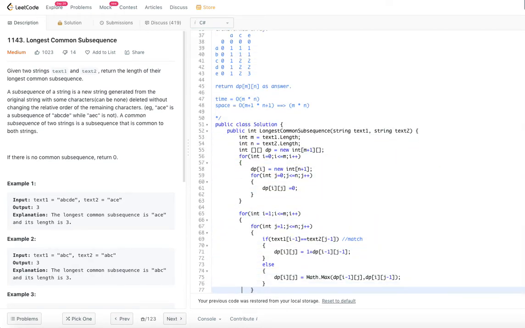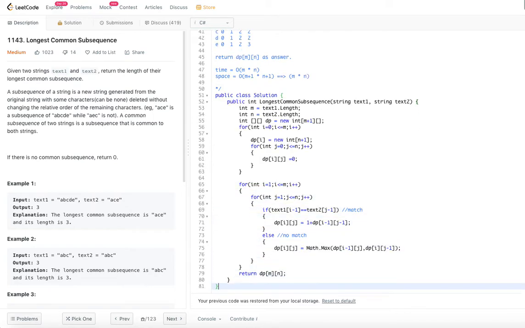If there is a match, we do the above; else, if there is no match, we take the maximum of dp[i-1][j] and dp[i][j-1] and store it in dp[i][j]. This for loop will execute m times n times. Finally, once this has executed, we return the value in dp[m][n]. That is how we solve this problem.